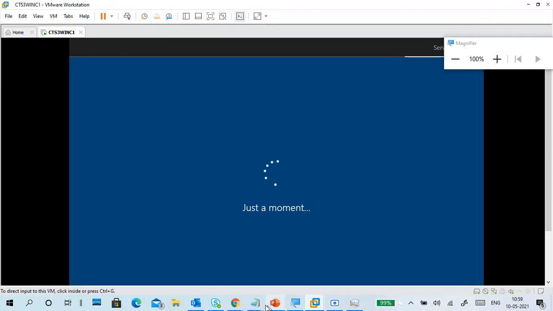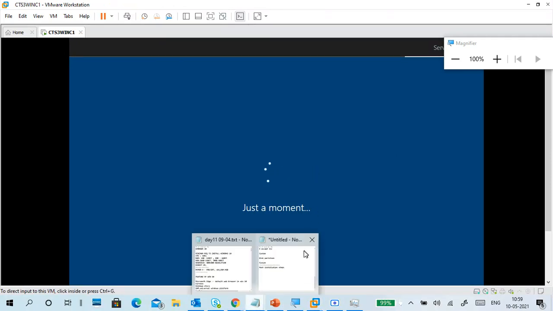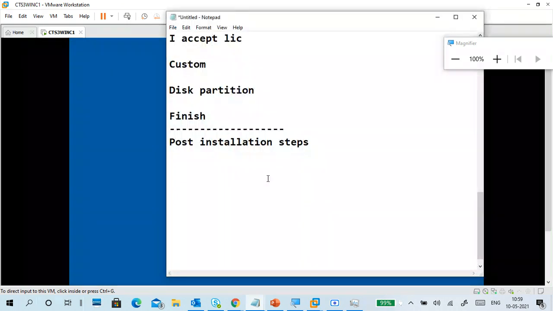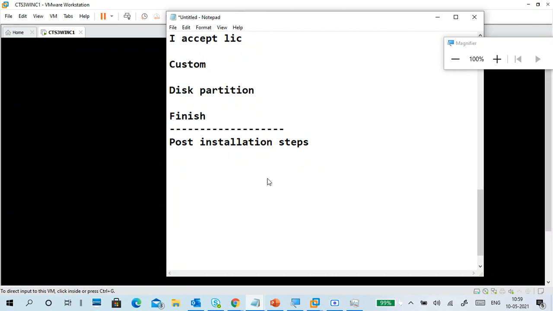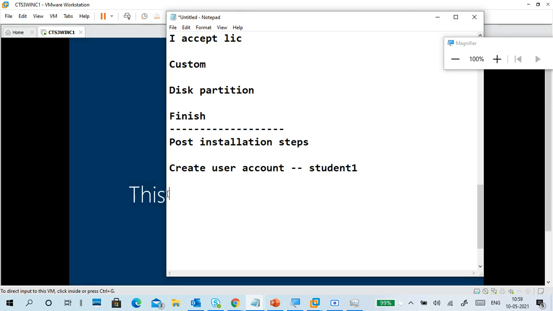We can't remember all the options, so note them down. I click next, and it is creating the user account. I created an account named student one. The remaining steps are just next.